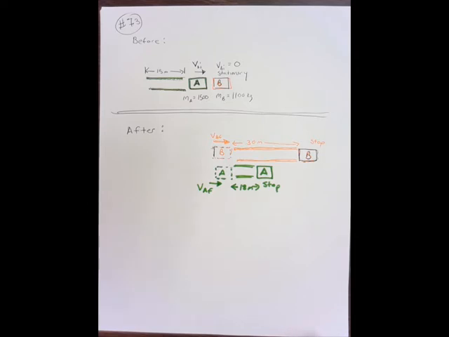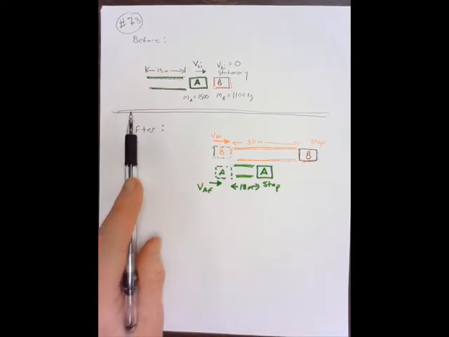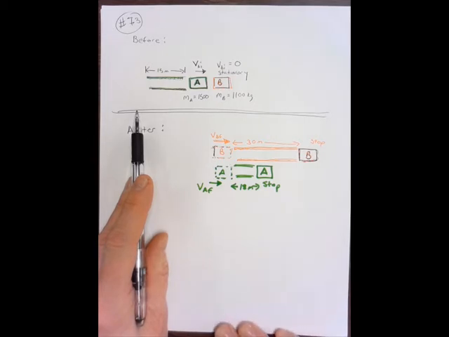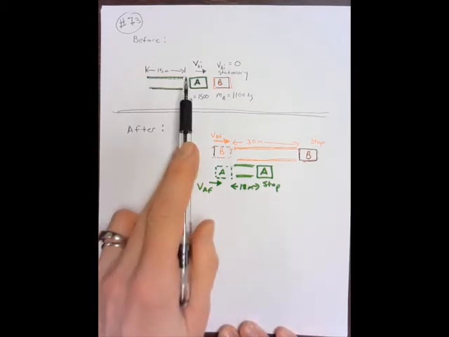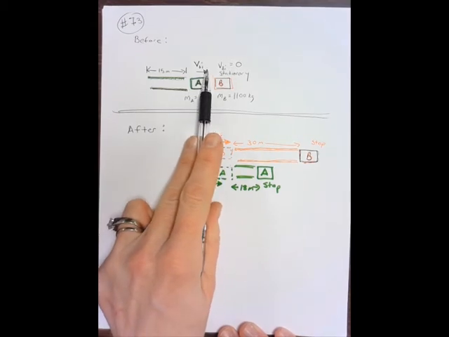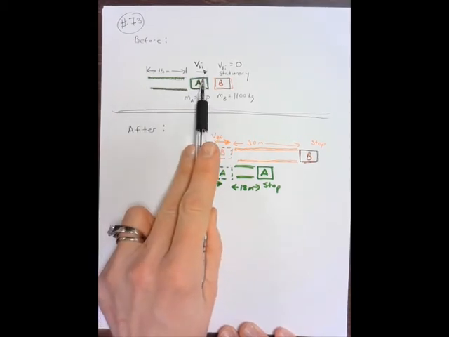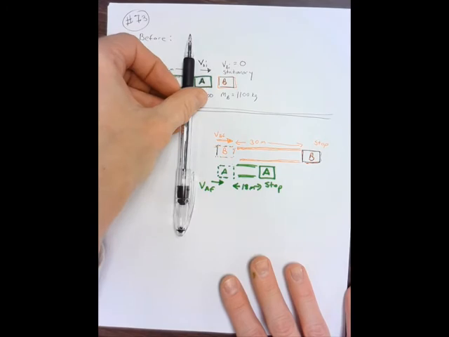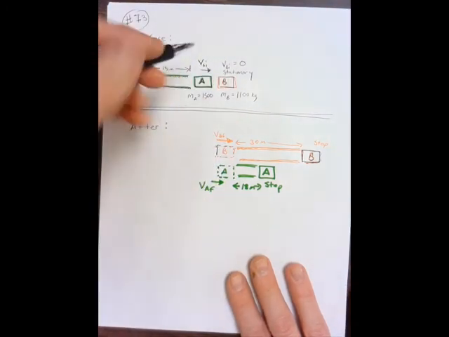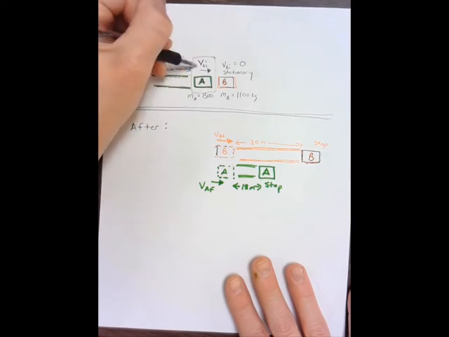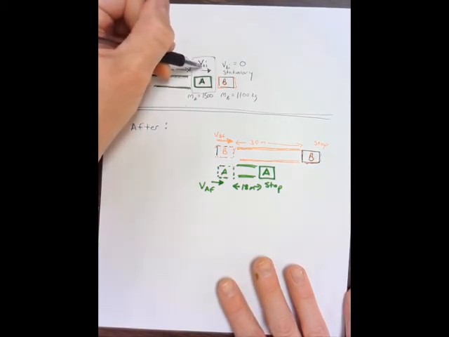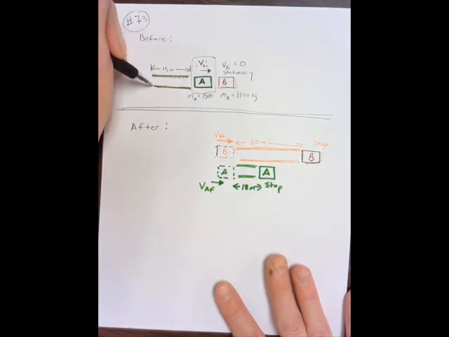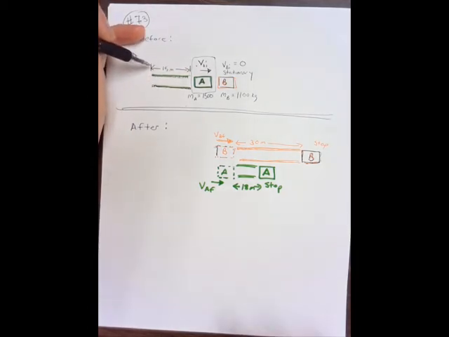So we want to know, how fast was car A driving before the collision? We have 15 meters of skid marks before colliding into car B, but I think we can kind of put that off to the side. That's going to come later. What we want to know is what happened just before the collision and after the collision. So we have car A encountering car B, so this would be like the collision speed. We can then work backwards from the skid marks and figure out how fast car A was going before beginning the skid, and